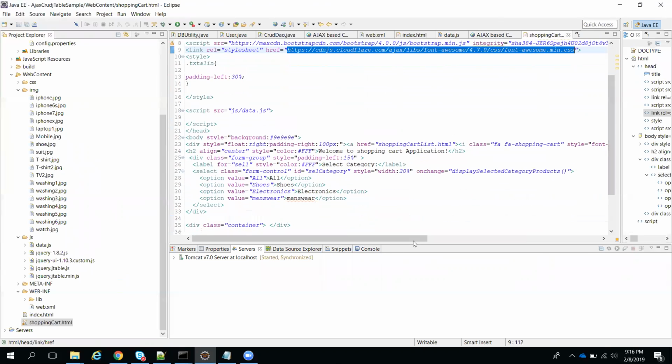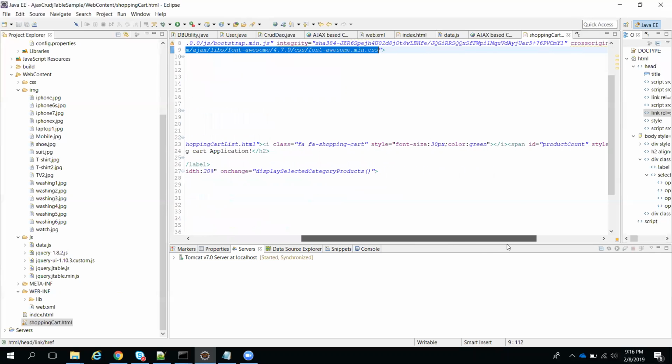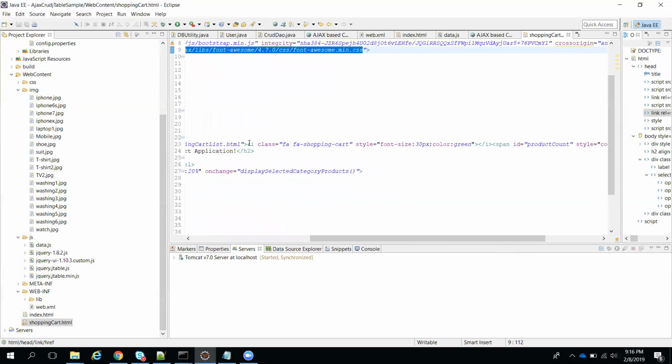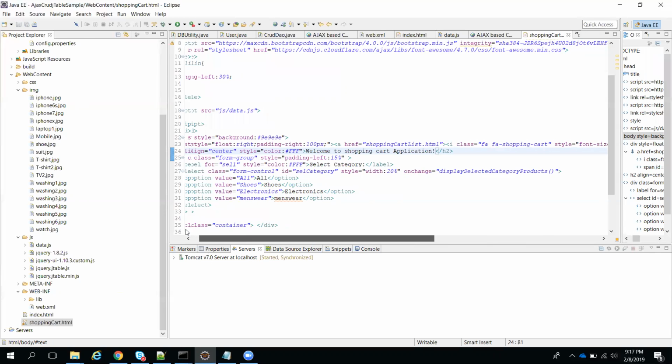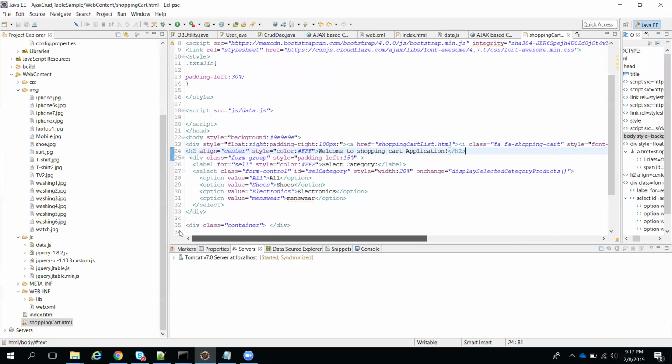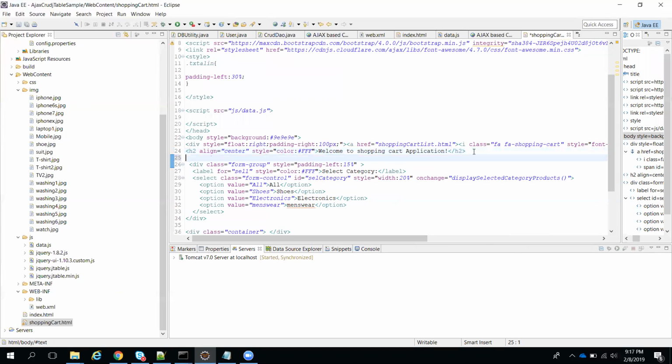Float, right, see by using this particular code, this code will give you the icons. Okay, if you keep one more thing, I will show you one more icon will be generated. For testing purposes I will show you what it will do. I will put one more icon here for your understanding. Okay, I will give this color. If you don't mention any color, by default it will come black.